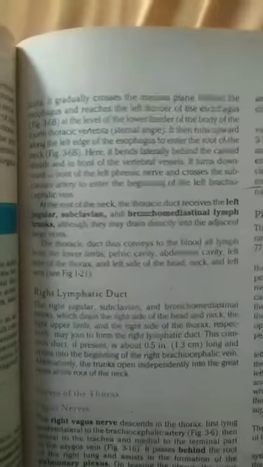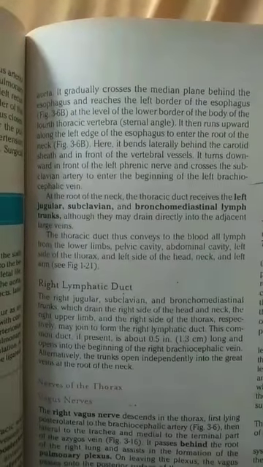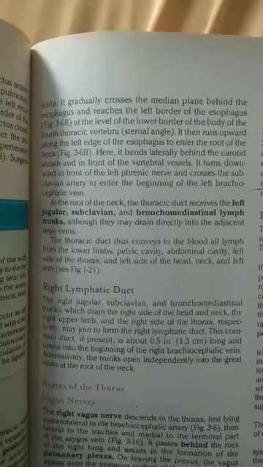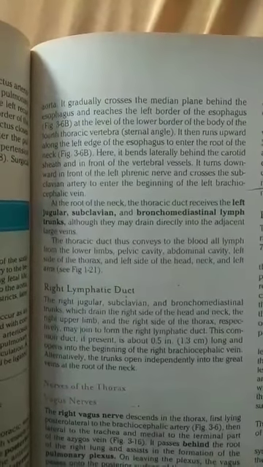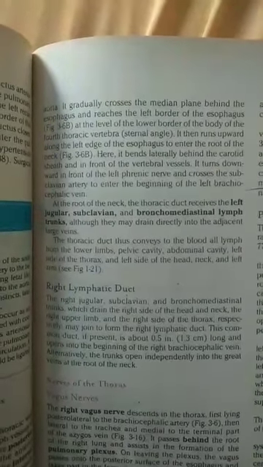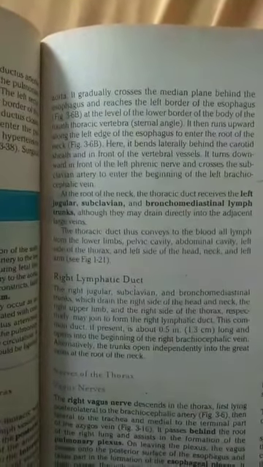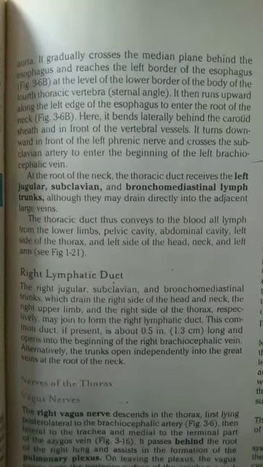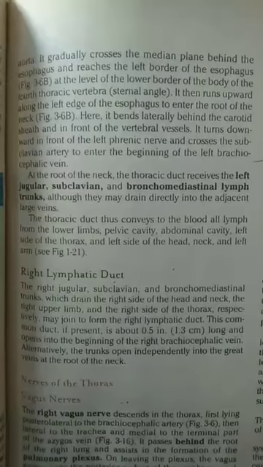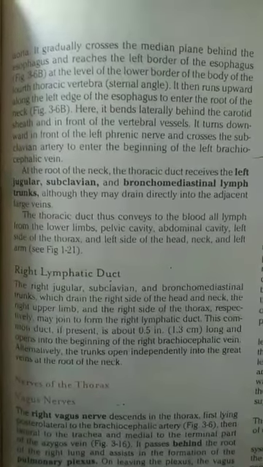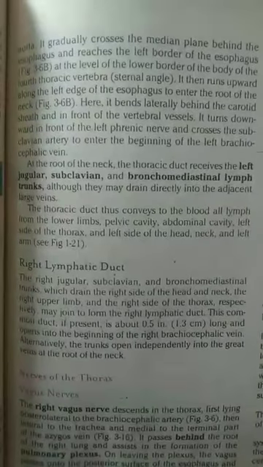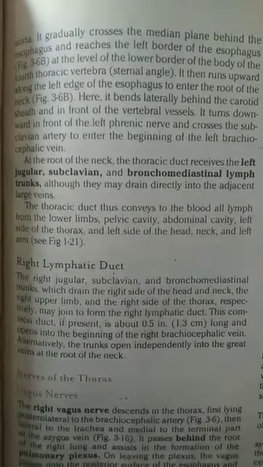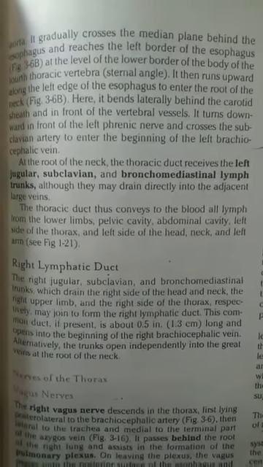Here it bends laterally behind the carotid sheath and in front of the vertebral vessels. It turns downward in front of the left phrenic nerve and crosses the subclavian artery to enter the beginning of the left brachiocephalic vein. At the root of the neck, the thoracic duct receives the left jugular, subclavian, and bronchomediastinal